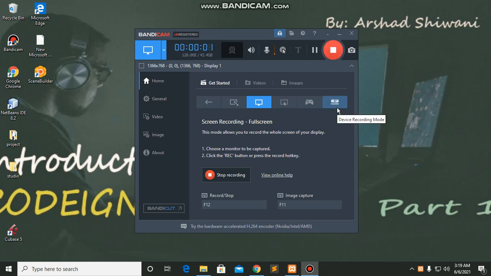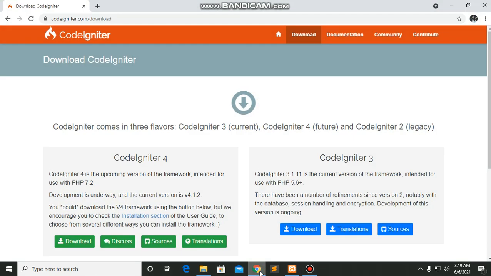In this tutorial we are going to start CodeIgniter and learn what CodeIgniter is and how to work on it. So basically CodeIgniter is a framework of PHP. It gives us so many ways we can implement code. It saves our time because in basic PHP we have to write the code from the beginning, but in CodeIgniter we have functions we just have to implement. We have to call them in our code.